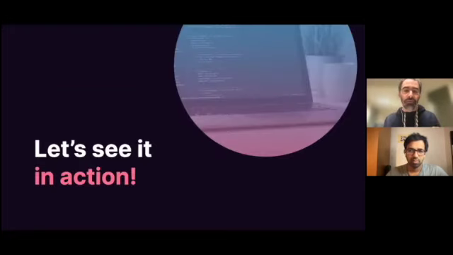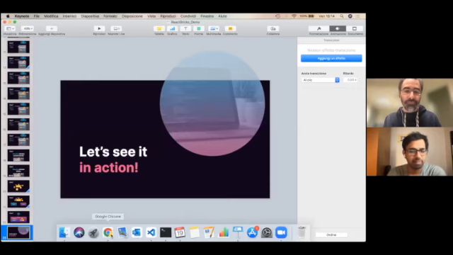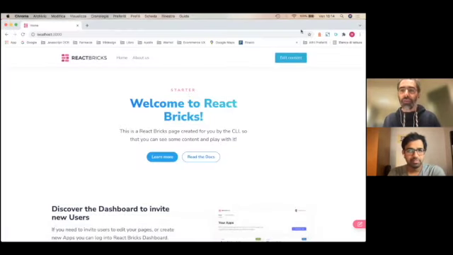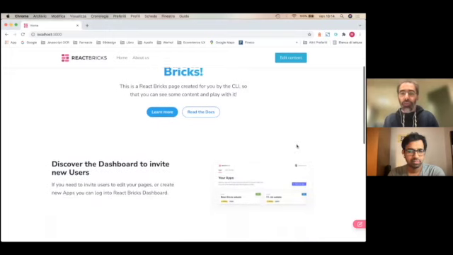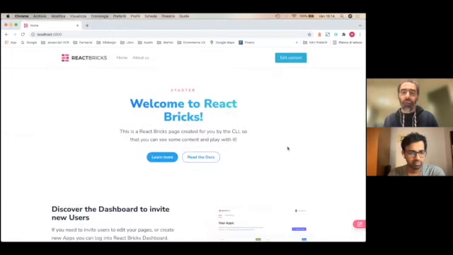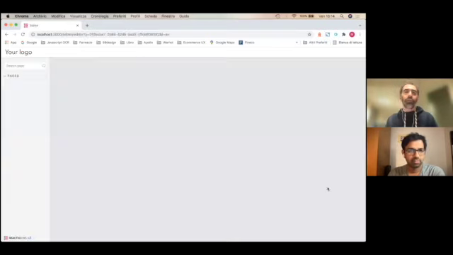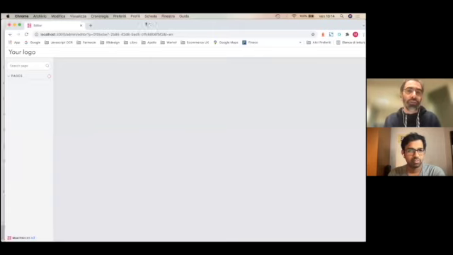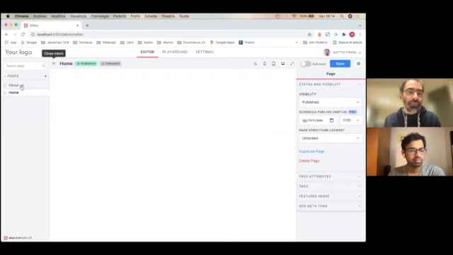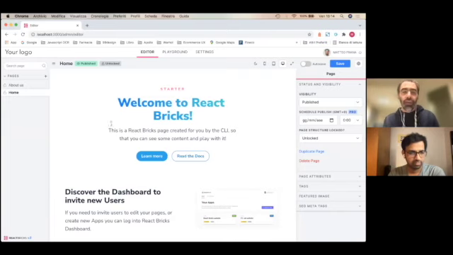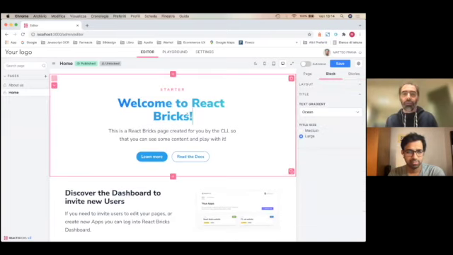So I'll show you ReactBricks in action. This is a project that I scaffolded using Next.js. And here you see some default content that was loaded by the CLI because I chose to have some default content. And if I click here on the pencil to edit, we go to the admin interface. And so you see that on the left, I can change the page and I can edit the content. So here I can change the content.